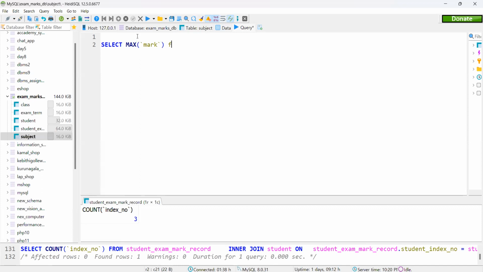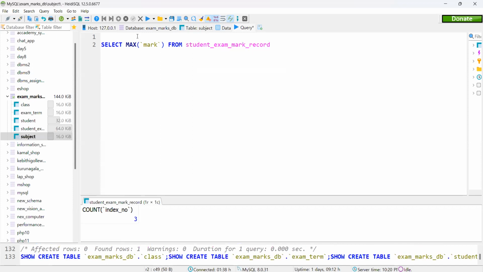Then we say from our student mark record table, then we have to inner join